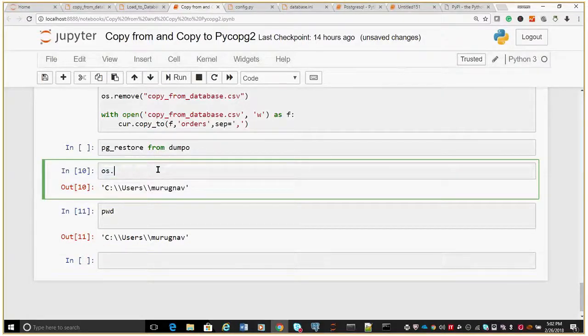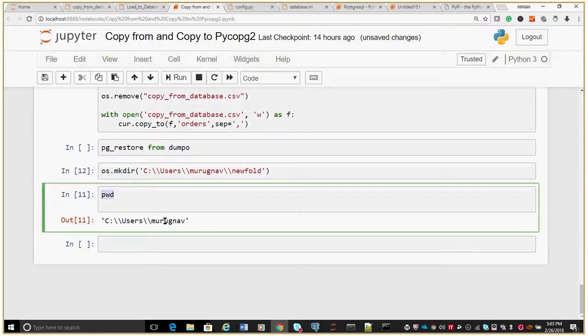To create a directory, and if I need to create a new directory over this path,